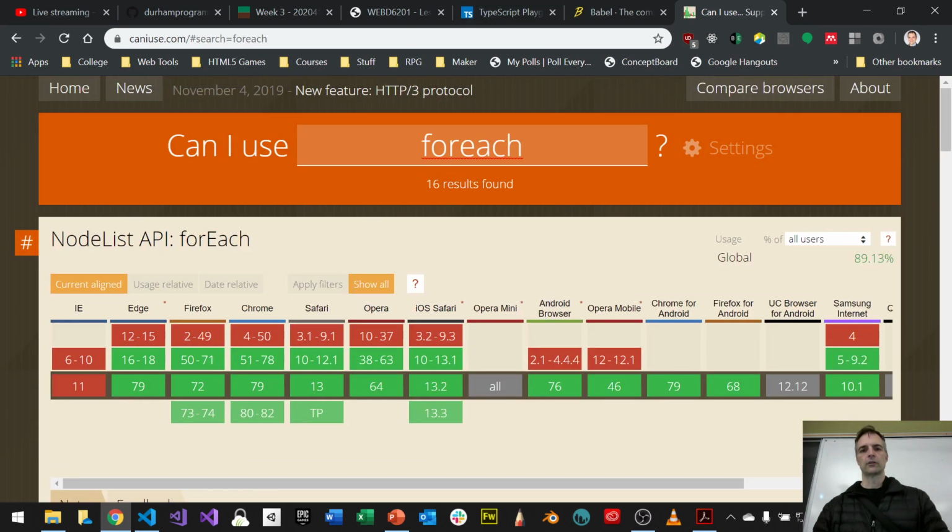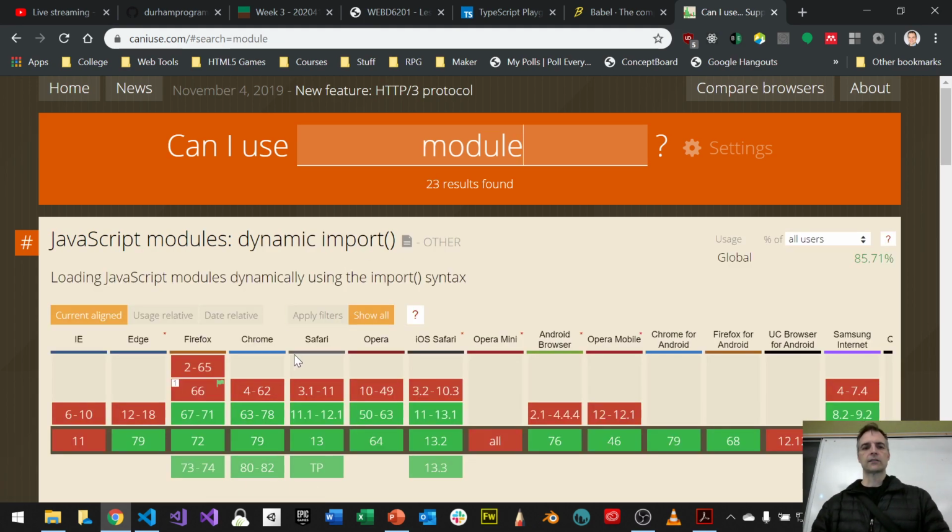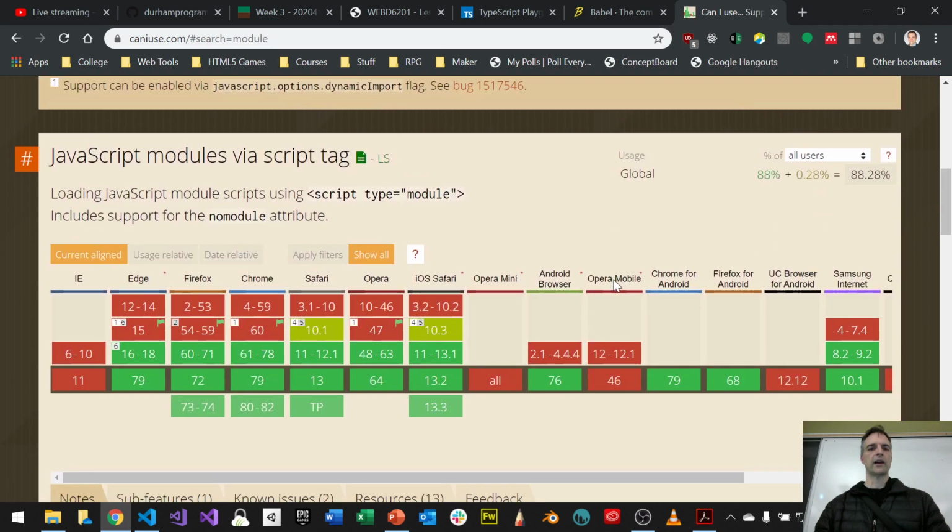How about module? If I type the word module, is that supported? You can see that dynamic imports are supported across more than one platform, right? Here is what is starting to be supported, the script tag. So script type is module. That is being supported across